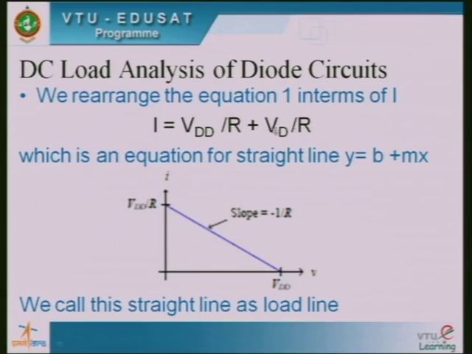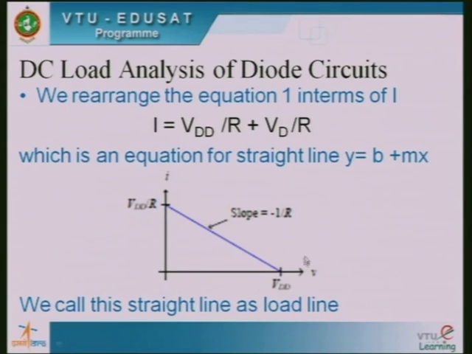If you compare this equation with the equation for a straight line, which can be defined as y equal to b plus mx, where y and x are the variables, b is a constant and m is the slope of the straight line, and compare it with I equal to VDD by R minus VD by R, we get